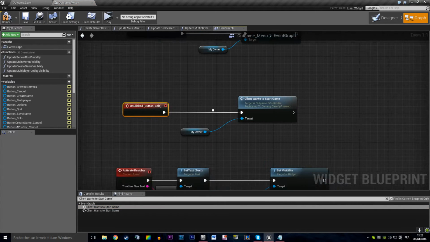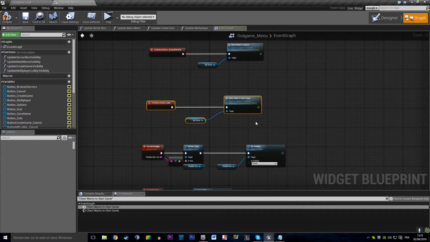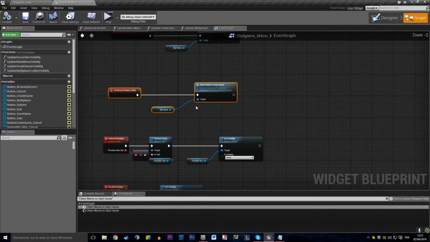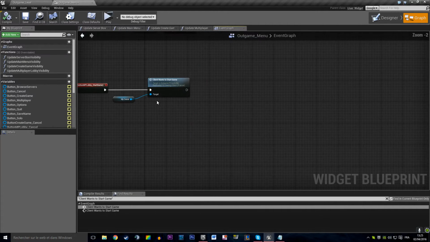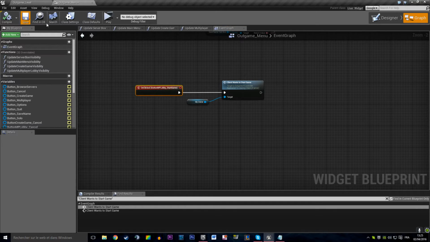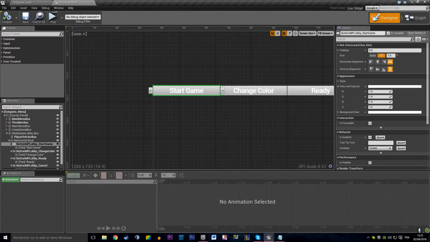Okay, button solo. If I click on button solo, that starts the game. So we are going to delete that for now, since in the multiplayer lobby. No, I'm going to let that be. If we're on the main menu and we press solo, that starts the game. Actually, that's quite logical, and we want that. So in the multiplayer lobby, if we press start game,